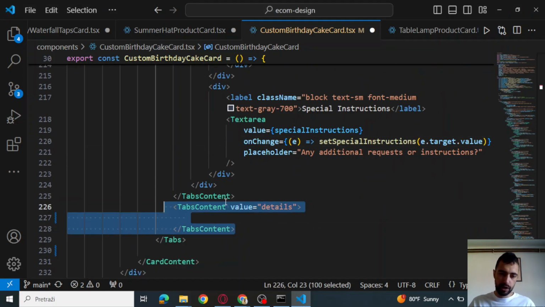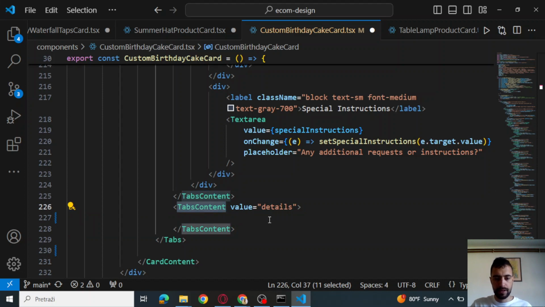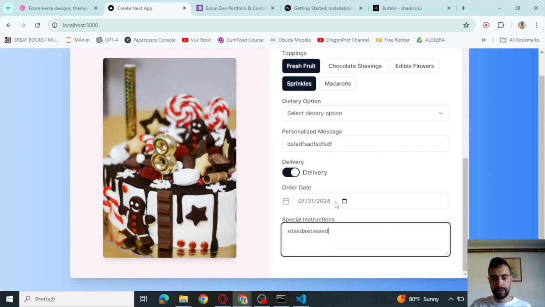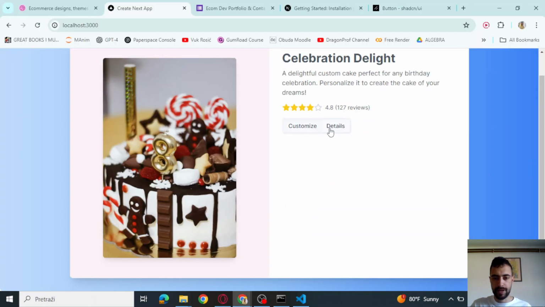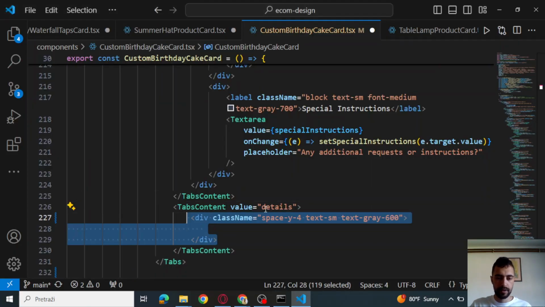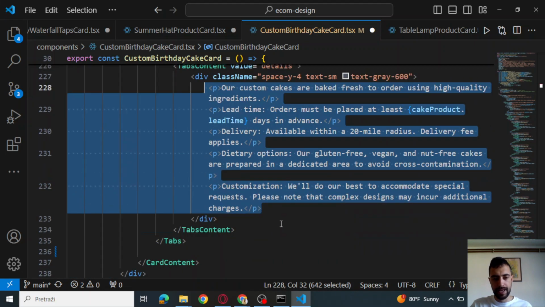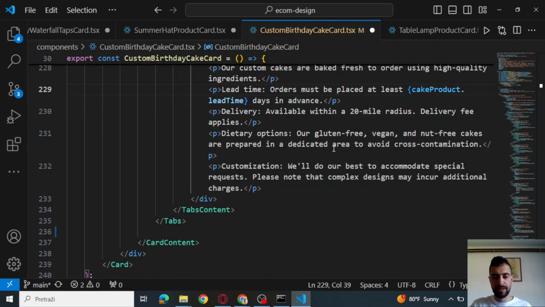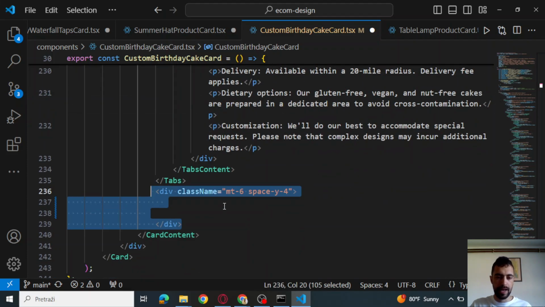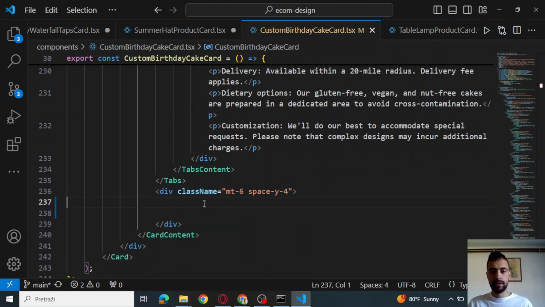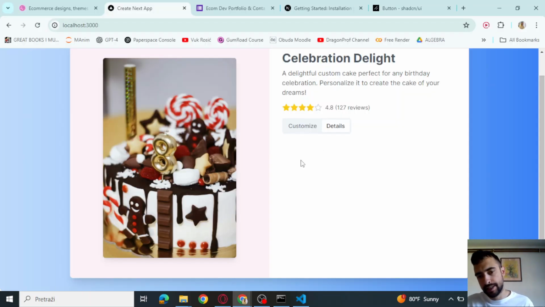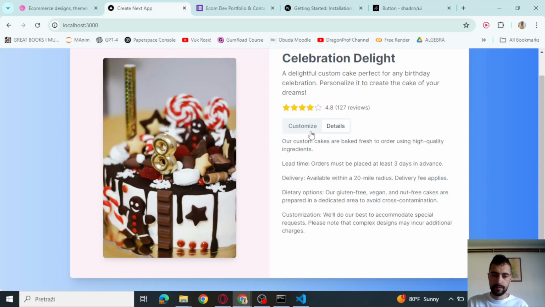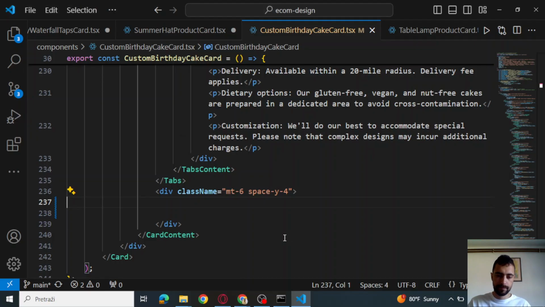Let's see what we got below. So below tabs content, we have for details. This was for customize and for details. We're gonna have div, and then the details like this. Just type them in. And below tabs, we're gonna have button. But let me check these details like this. Let me go to customize. So below tabs, we have this div